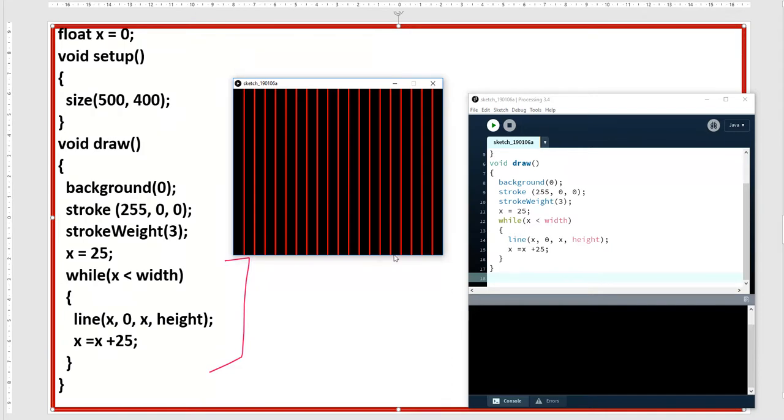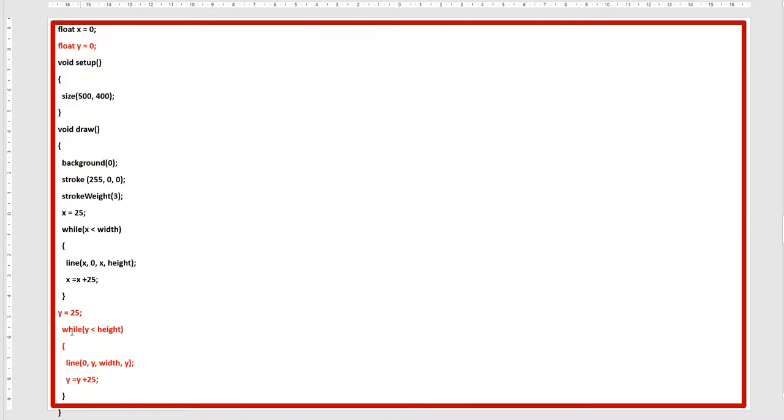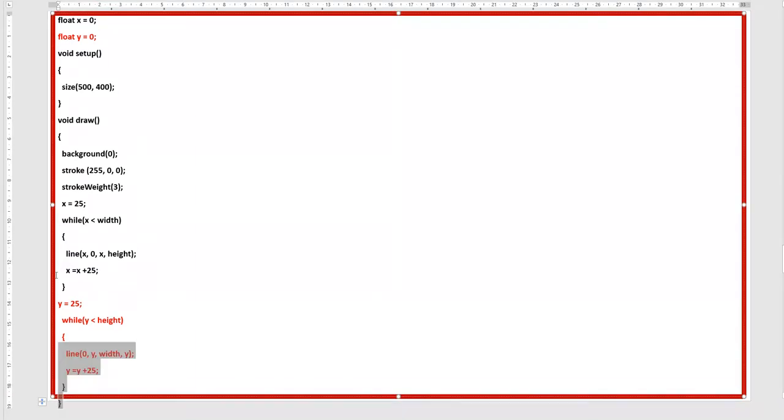So while x is less than width, draw this line, after that exit or break the loop. So this is for the vertical lines for x, right? Suppose we need horizontal lines as well, so the same while loop you have to use, the same thing for the y axis. I have written this for you.